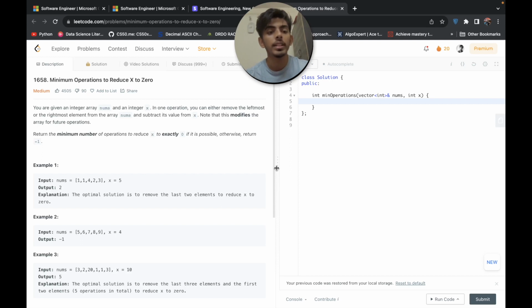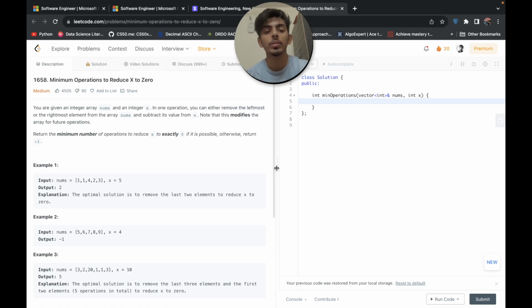We are given an integer array nums and an integer x, and in one operation we can either remove the leftmost or the rightmost element from the array, and that element which we have picked, we have to subtract that value from x.